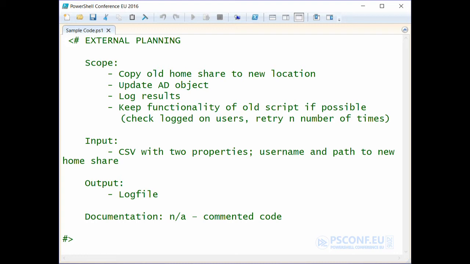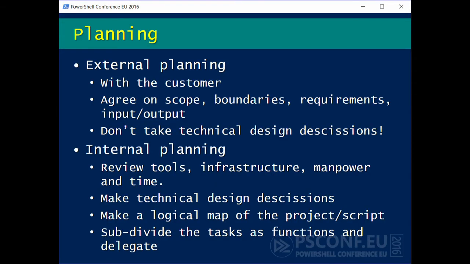We also discussed documentation, which of course is part of the requirements. And lucky for us, they didn't really have any strong requirements for documentation. So as long as we had good commented code, it was okay for him, which made us happy, saved us a lot of time. And so that was the external planning phase.